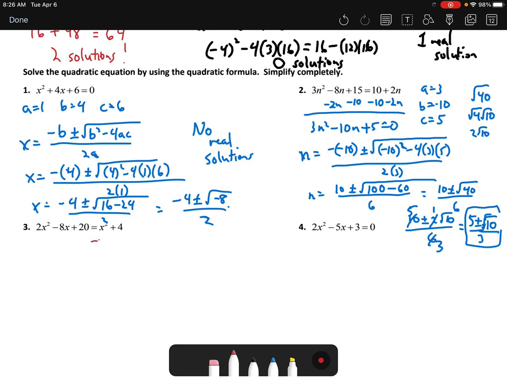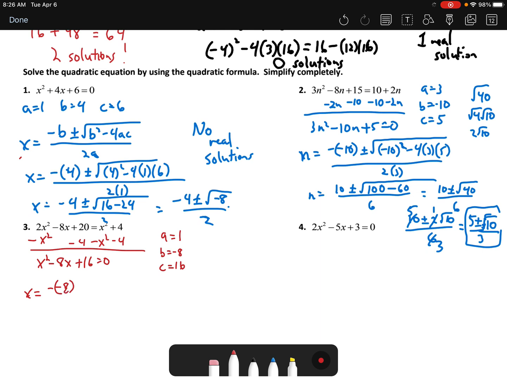Number 3, again, you've got to set it equal to 0. That's the only way the zero product property or this equation will work. So we subtract x squared and we subtract 4. So A is 1, B is negative 8, and C is 16. So again, we use this formula. X equals